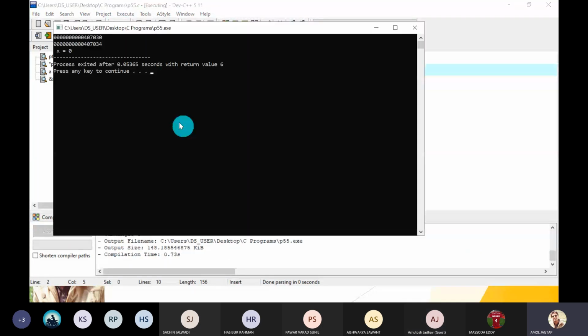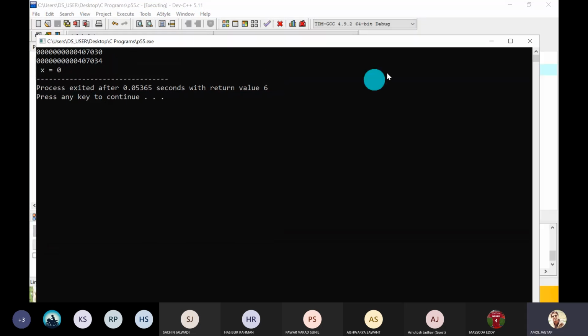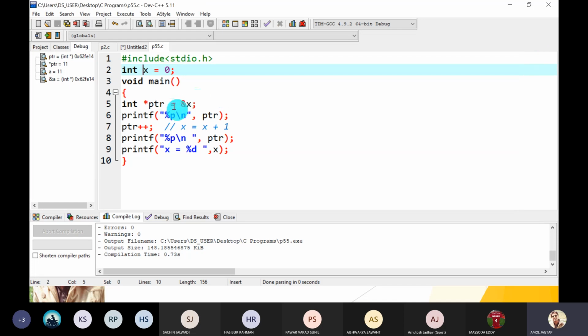So let's check, demonstrate. So these are two different addresses, and how many bytes does it get incremented? 4 bytes, because the stored value is an integer variable. So P plus plus means it points to the next block. One integer block requires 4 bytes.